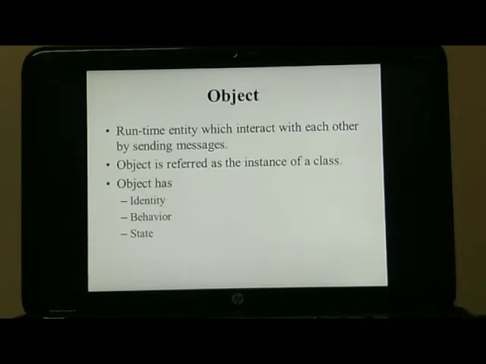Now let us see what an object is. An object is a runtime entity which interacts with other objects by sending messages. An object is referred to as an instance of a class. The object has identity, behavior, and state.